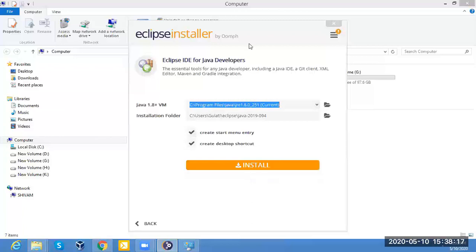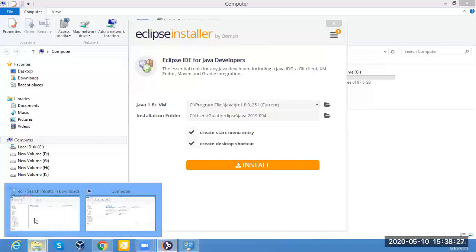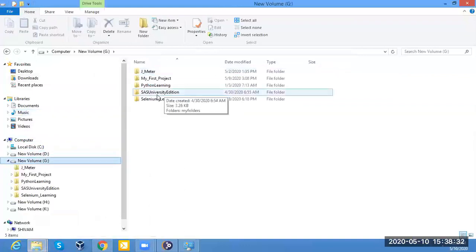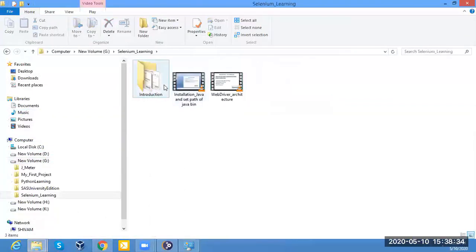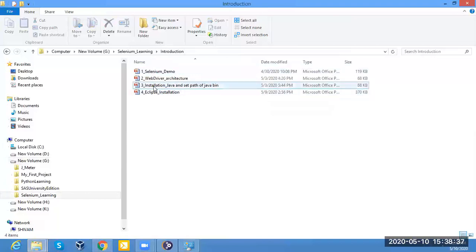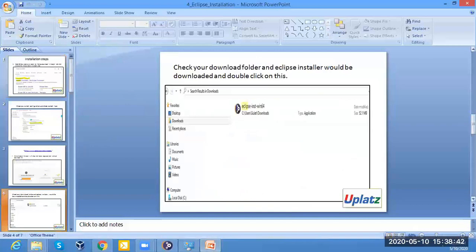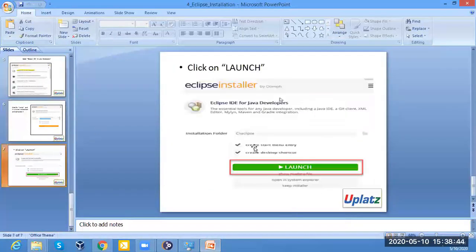Once the installation is over, there will be a launch icon. You have to click on that launch icon. Let me show you how it will appear. Launch icon. After completion of this installation process, it will show the launch icon, and you should click on this launch icon.